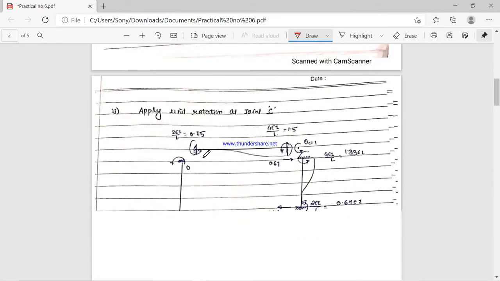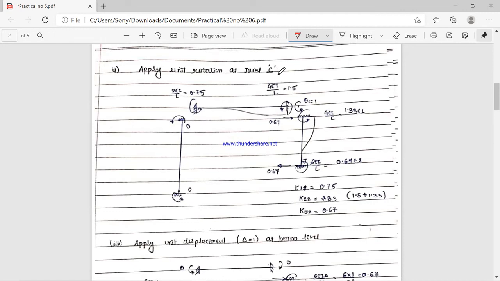Now next, apply the unit rotation at C. When we apply the unit rotation at C, the same condition will exist, but acting as a mirror image. So here it will be 4 EI by L, here 2 EI by L, and here 4 EI by L, 2 EI by L. At joint B, at the column AB, there will be no effect.